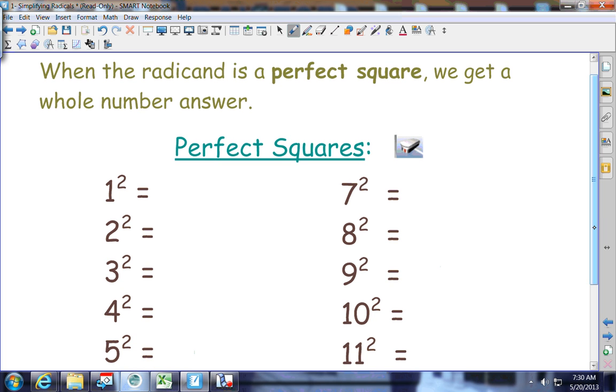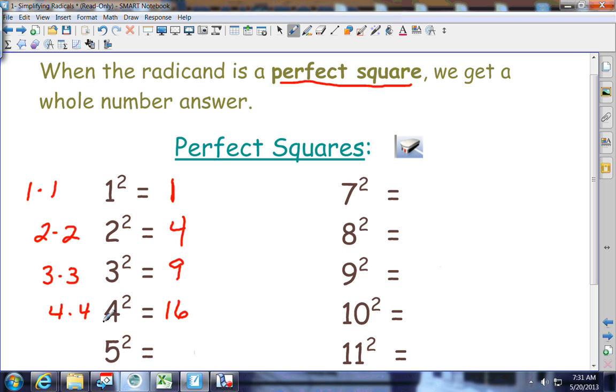Now it says when the radicand is a perfect square, you'll get a whole number answer. Underline right there, a perfect square. When you have a perfect square, again, you get the whole number. Now this is what I mean. 1 squared, remember that means 1 times 1. 1 squared is 1. 2 squared, 2 times 2, that's going to give us 4. 3 squared, 3 times 3, 9. 4 squared, 4 times 4,